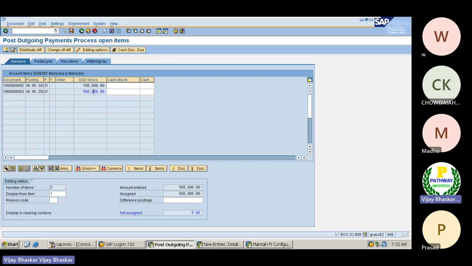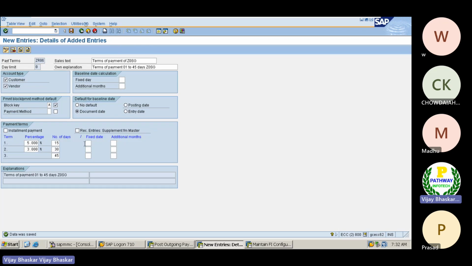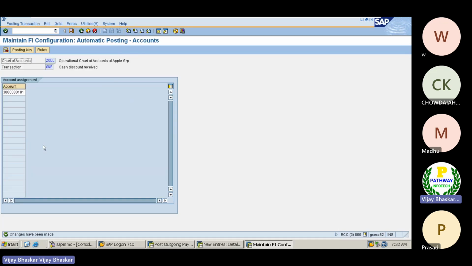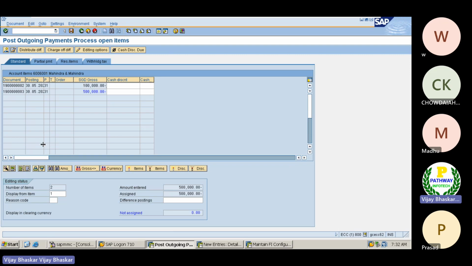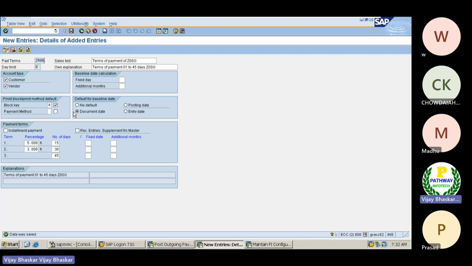Okay, see here for my payment, the payment when I am doing, today is the 3rd of June. But as per my instructions, the document date when we posted is the 1st of May. The condition I specified is that if I make the payment within 30 days, then only I can get a 3% discount.